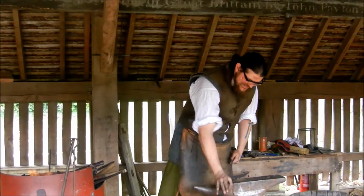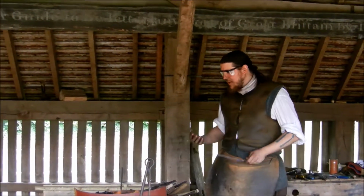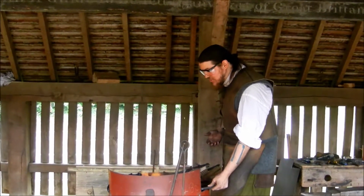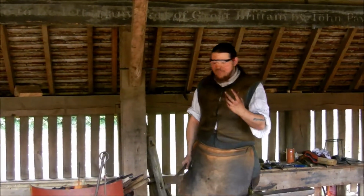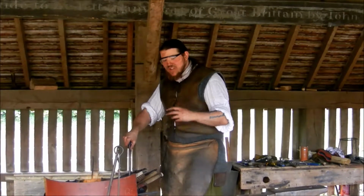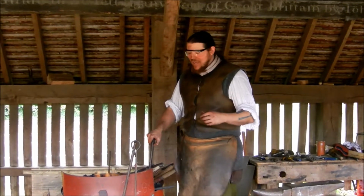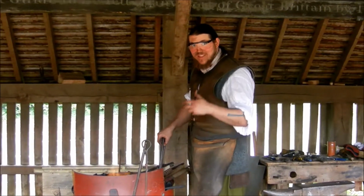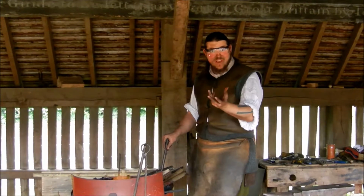When an arrowsmith makes an arrowhead, they need to harden it. And they do this by a process called case hardening, which is something we still do today. Yeah. But for them, they heat the arrow up red hot, place it in a box, and fill that box with ash and soot and ground up bones and antler. Basically carbon-rich material. And the science behind it is the carbon leaches into the iron on the outer surface,